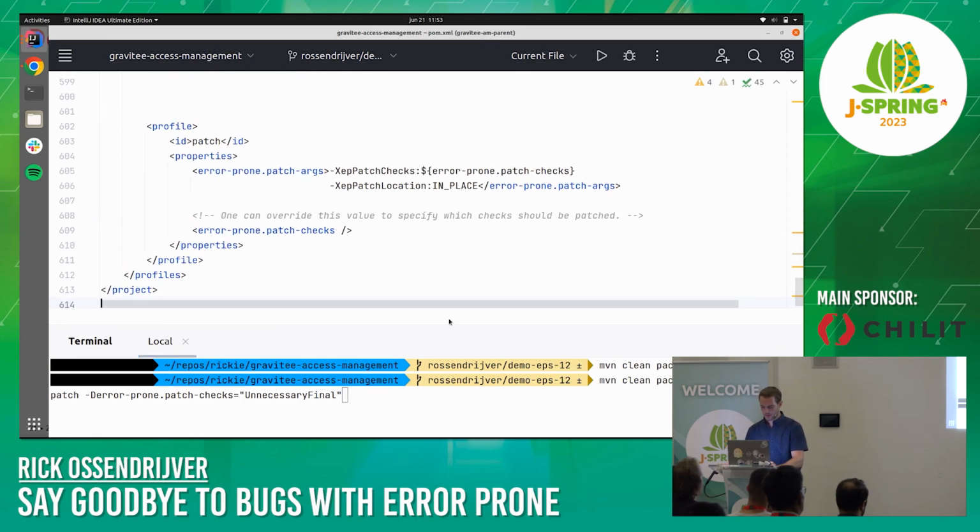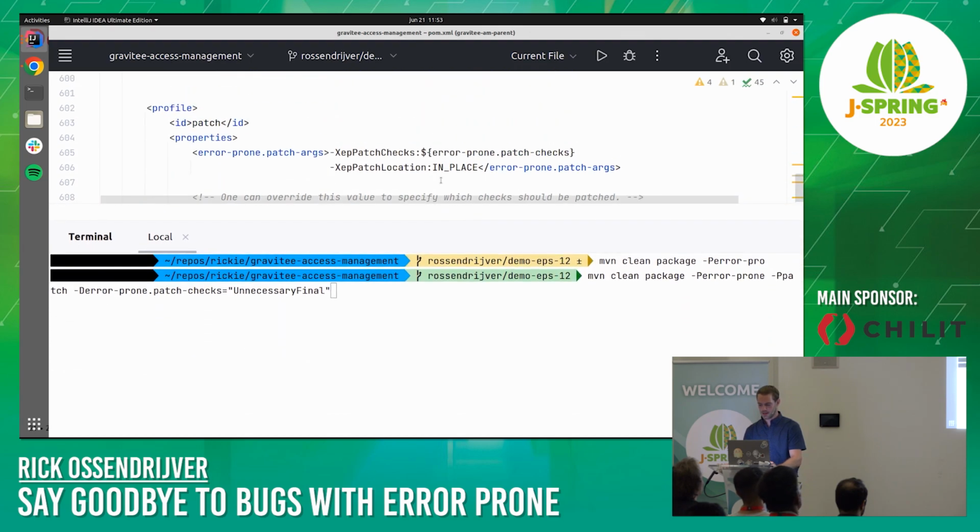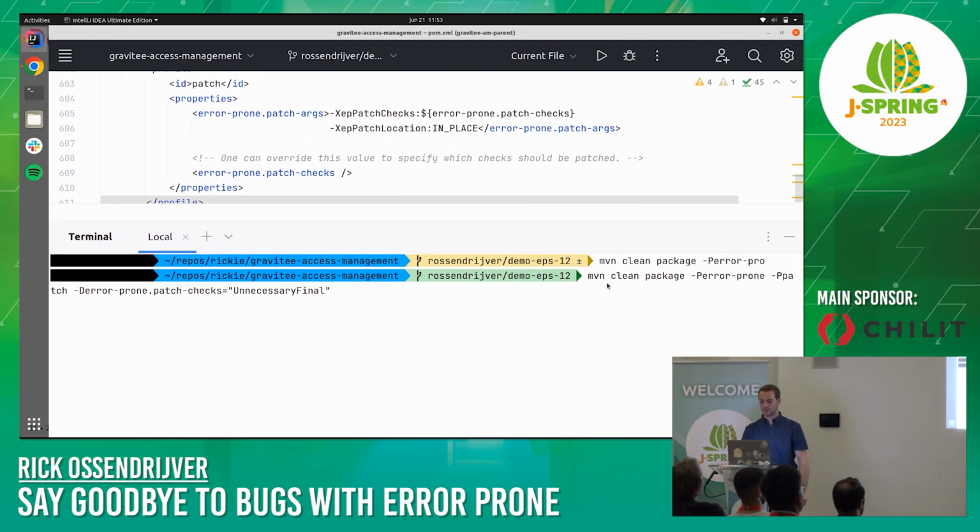And here you can see one of the profiles that I added, and here is the command that we're going to use. So remember, we're already at the baseline, and now we want to enable one specific check to inspect the result and see if this is a good thing to start with within our team or within our company. So we do the Maven clean package, -p error-prone, the patch profile, and then we configure here a specific check,